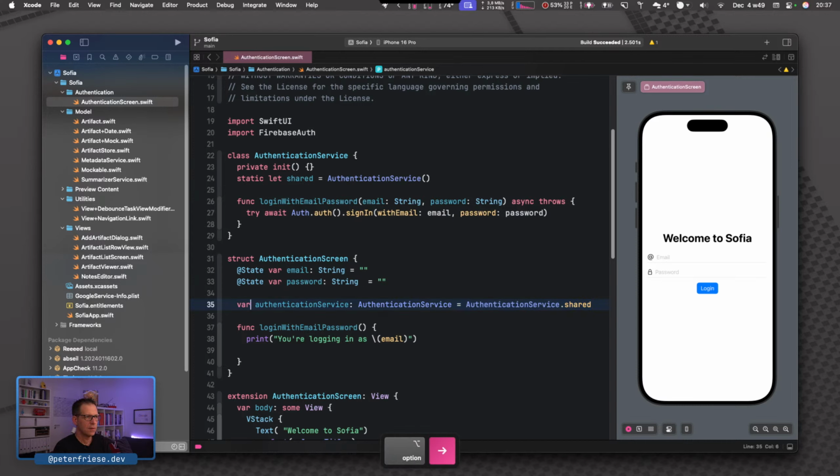Or let's try it this way and see what happens. Okay, so type into the chat what you think might be the problem if we're doing it this way.